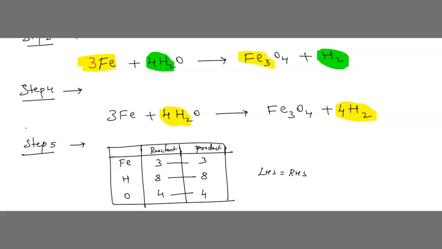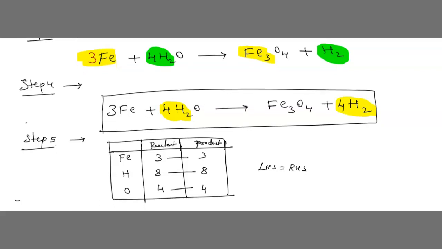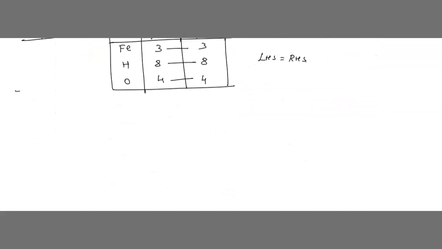Now this equation is known as a balanced chemical equation. Can you see this? It's so simple, right? Now it's clear, right? The number of atoms on both the sides of the equation are equal. This method of balancing the equation is called the hit and trial method. Any doubts? Is this clear, children? Very good.